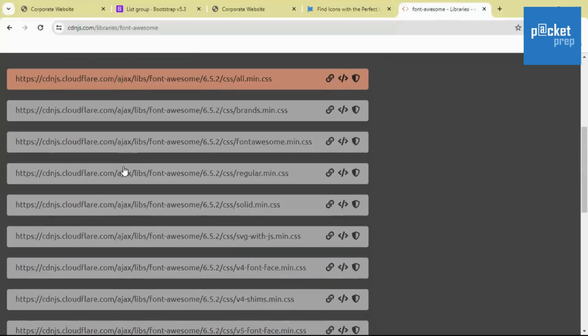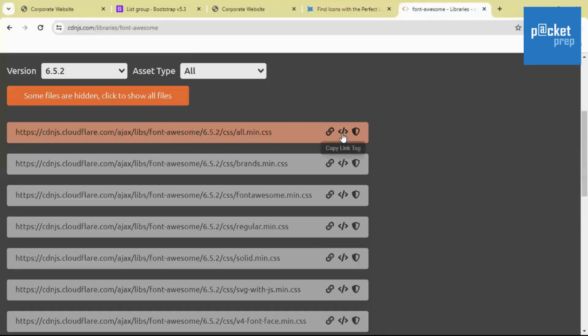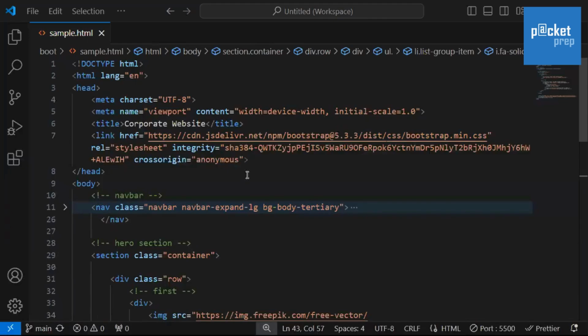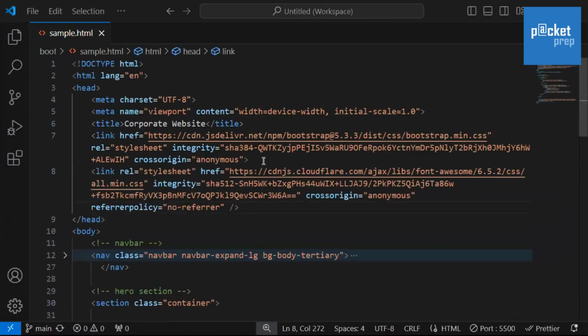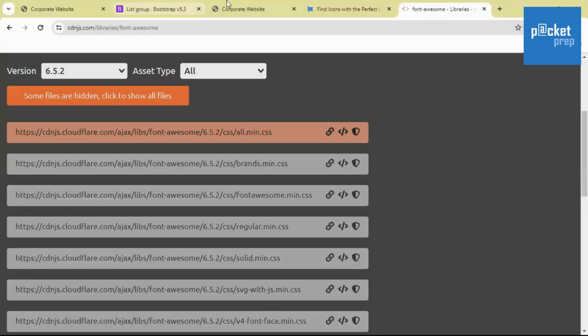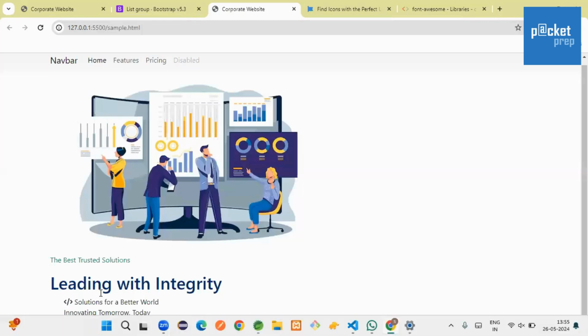So here you will see many. We need the regular one, so I'll just copy the link tag, copy, paste it in our head tag where all of the link tags appear. This is for icons. Now, if we go and check our website,